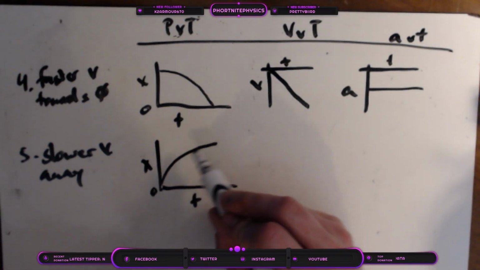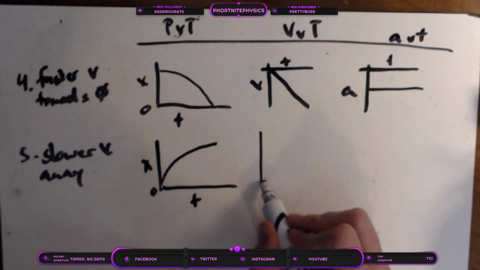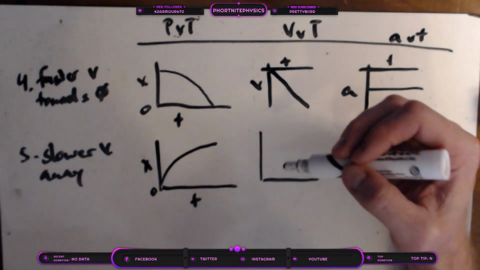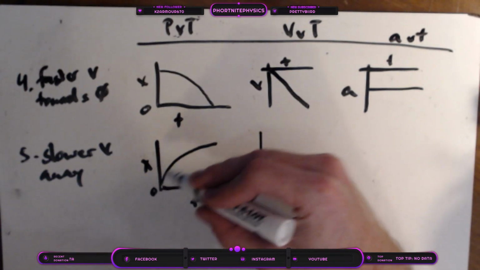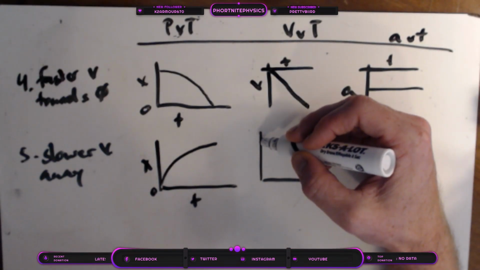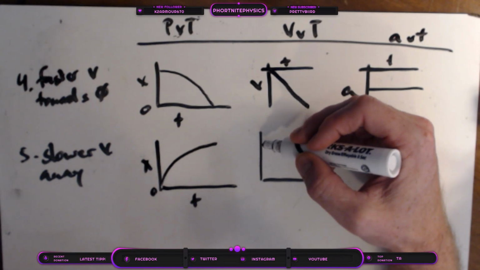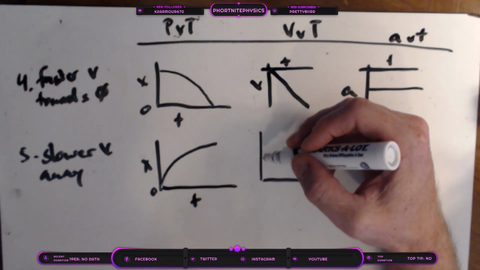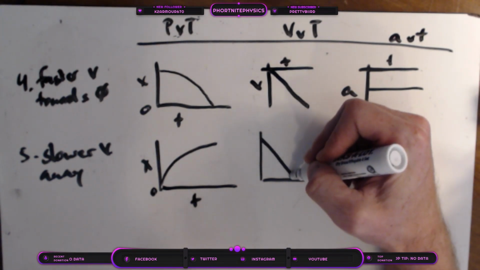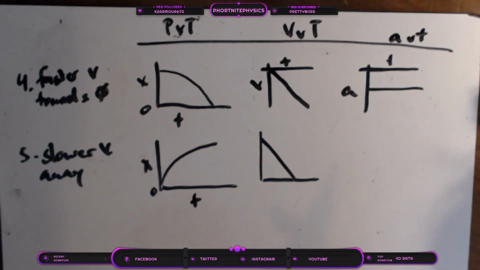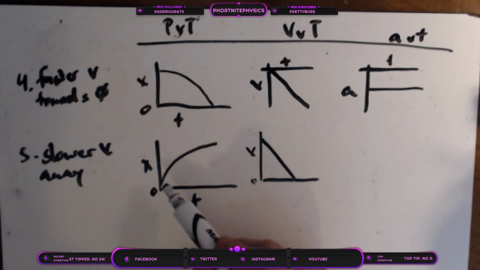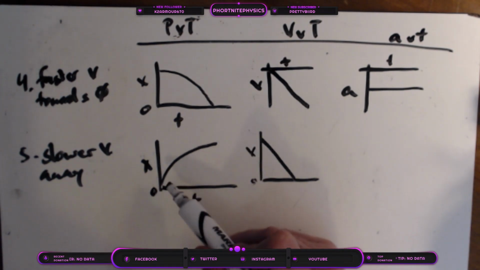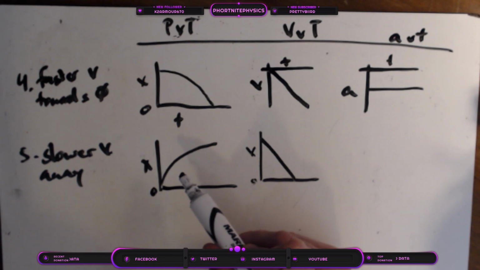Now, because all of these slopes are still positive, we have a positive velocity. Because it's getting closer and closer to 0, our velocity versus time graph is going to move towards 0. Even though we have a positive slope over here,